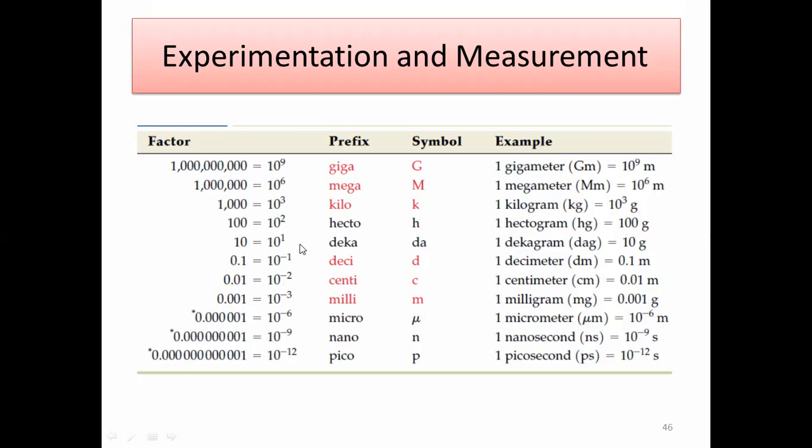So better to take this picture on your mobile because this will be used as a reference to do some sort of conversion. And now I'm going to use some of them, not all the conversions, up to your course content. We are going to use a few of them. Very easy conversions, how to convert one unit to another. And if you memorize or understand one, of course you can do the rest of the conversions as well. So starting with the